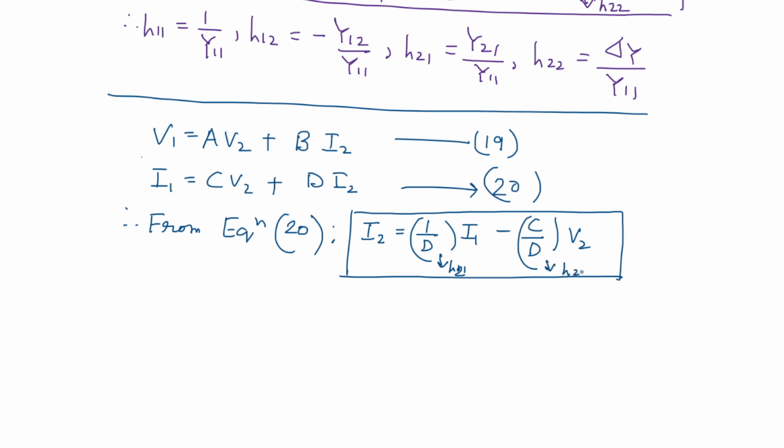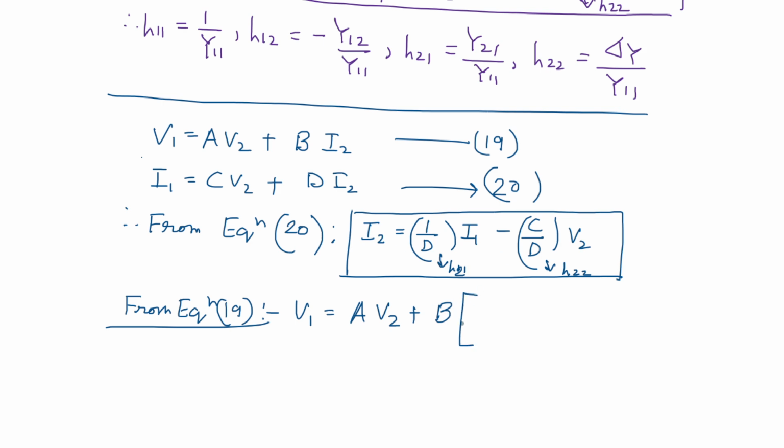So it must be H21 and H22. From equation 19, we have V1 is equal to A V2 plus B into I2. So you need to substitute I2 as 1 by D I1 minus C by D V2,